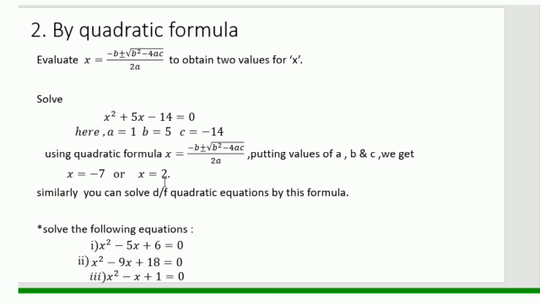So the quadratic formula is the best option you can use for every quadratic equation. Keep in mind, the quadratic formula is only used for a quadratic equation, not any other equations. Similarly, you can solve x square minus 5x plus 6 equal to 0 by the quadratic formula. Same technique: compare it with the general equation, use the quadratic formula, put in the values and get the result. The other two methods we will solve in the next lecture, and keep in mind the graph of a quadratic equation always produces a parabola form. We will discuss that next time.